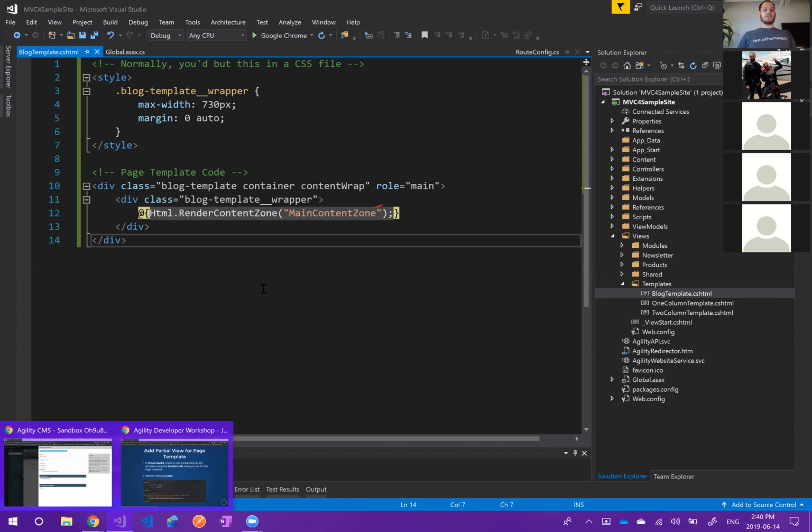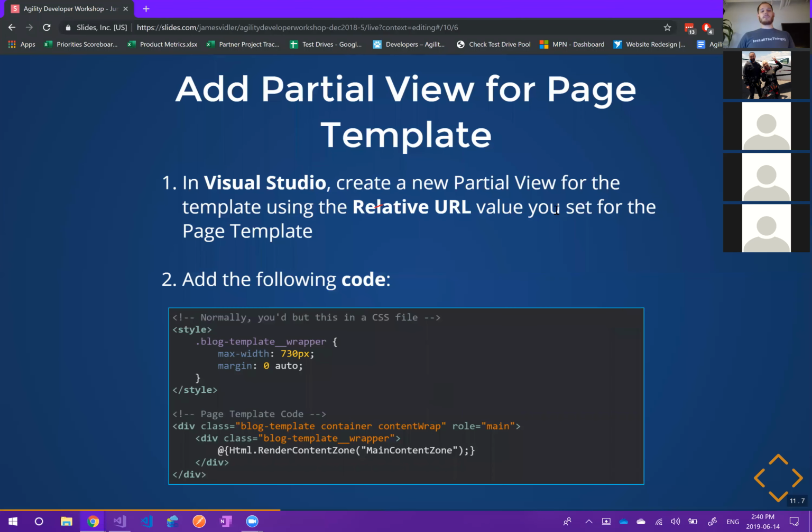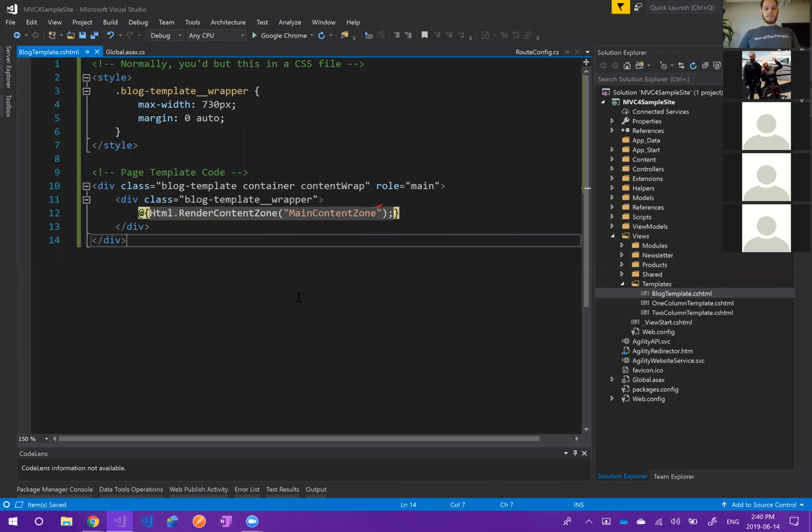So again, if you need to get the code from this, the best place to grab it from is from the slides right here. All right. So once you have that in place,